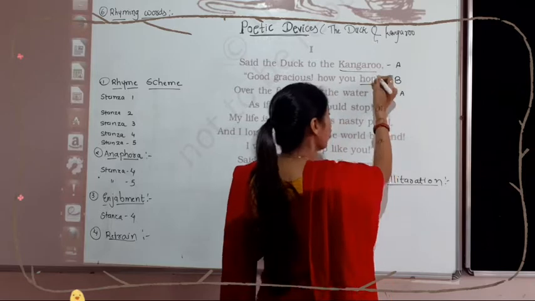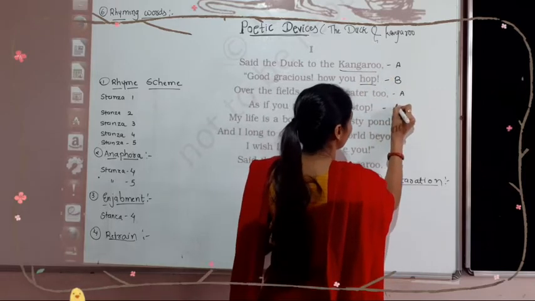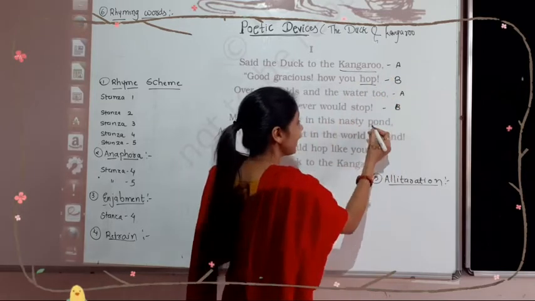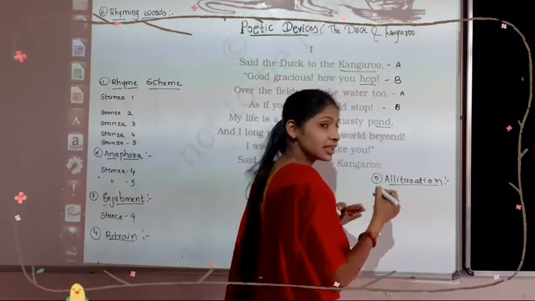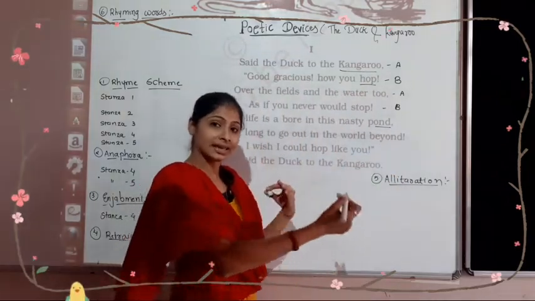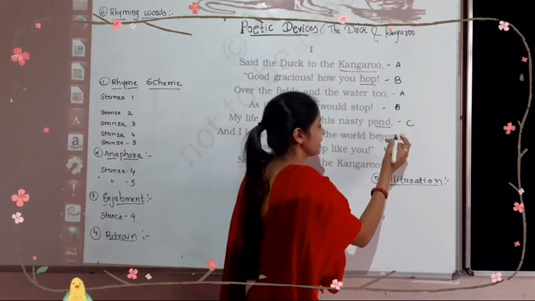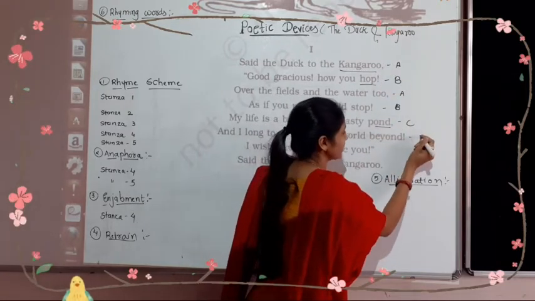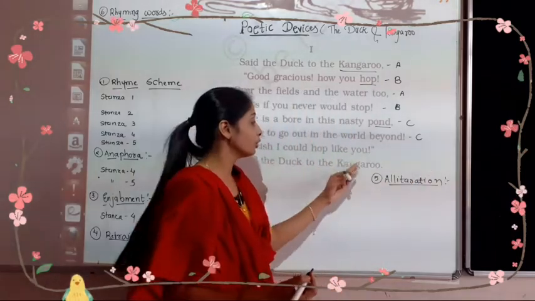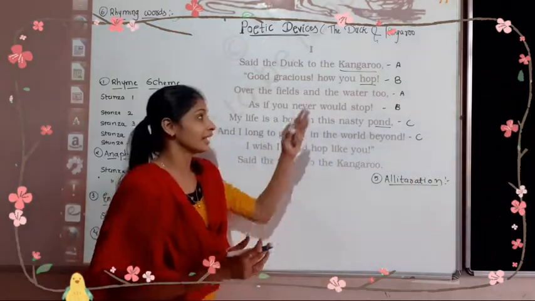A, B, hope and stop. So again B, hope and stop. Then on, another pronunciation is used here, so we use another letter. What will come after B? C. A, B, C. Pond and beyond, again C, the same pronunciation. Then you and kangaroo. What will come here? A, B,